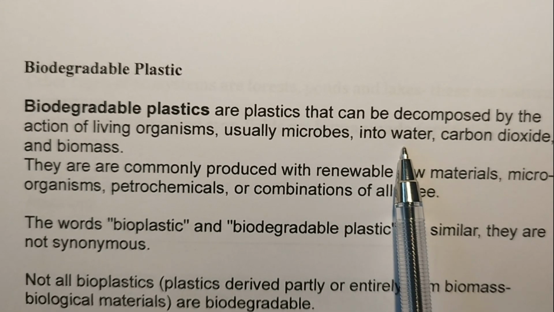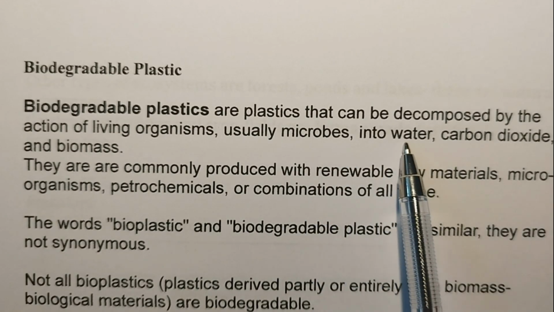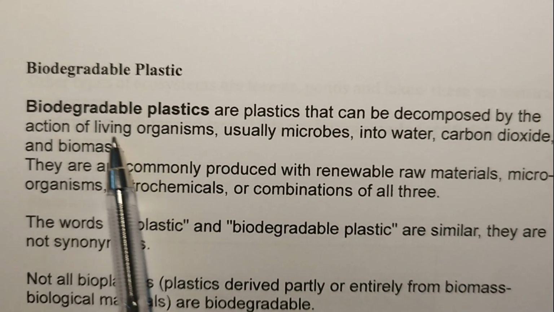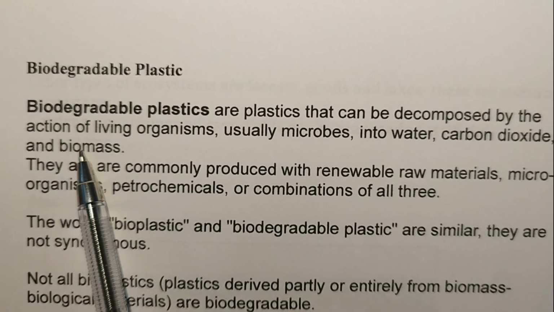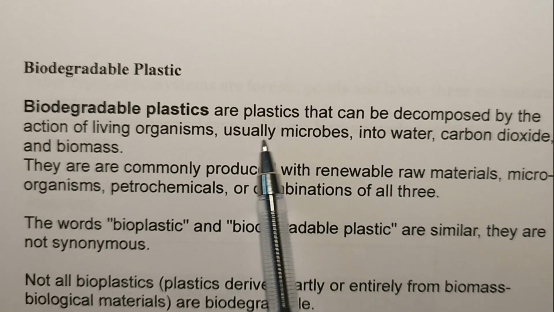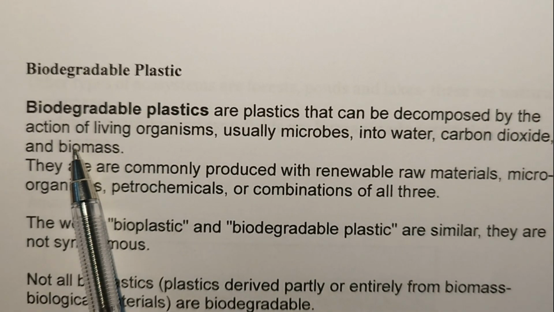These plastics will be converted into water, carbon dioxide, and biological substances, biomass. So plastic that can be disintegrated by bacteria and fungi into water, carbon dioxide, and biomass is